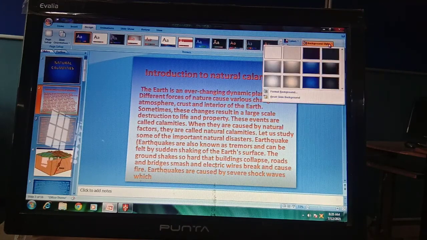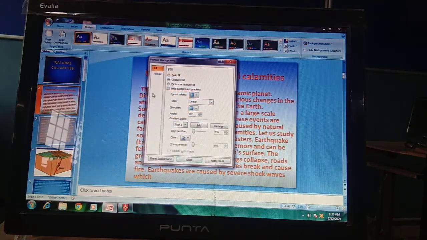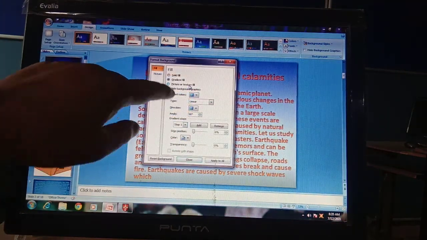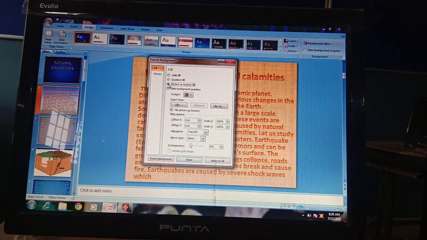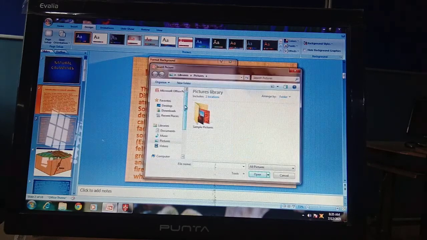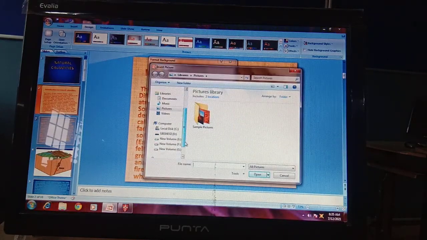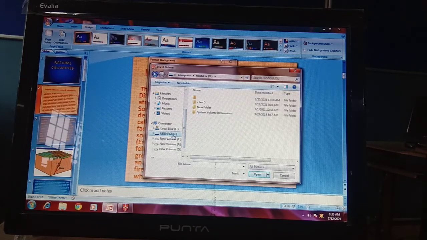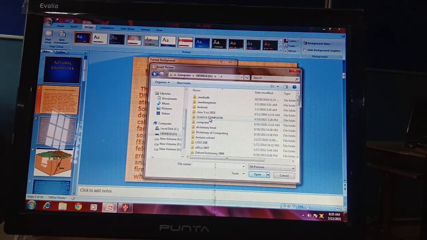And one more thing is there. Let's see. Next is picture or texture fill. You can also have pictures in your background. If you want a picture, just click on the file option. For example, if there are some pictures in my pen drive, I will use those pictures.